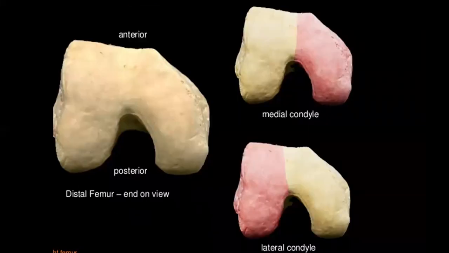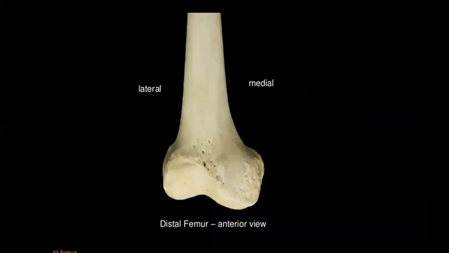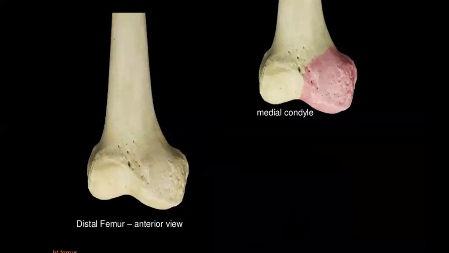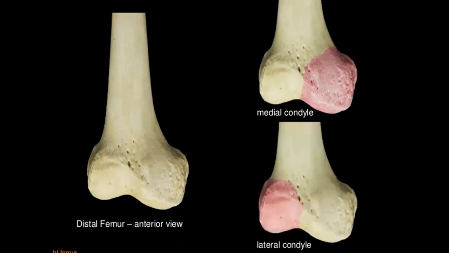Now you can see from the anterior view, this is the lower third, and you can see the medial and the lateral condyles on the sides. So this is the distal femur. The distal femur, once again I repeat, has two prominences on the medial and the lateral sides, and the prominences are called the medial condyle and the lateral condyle. This is the medial and the lateral condyles.